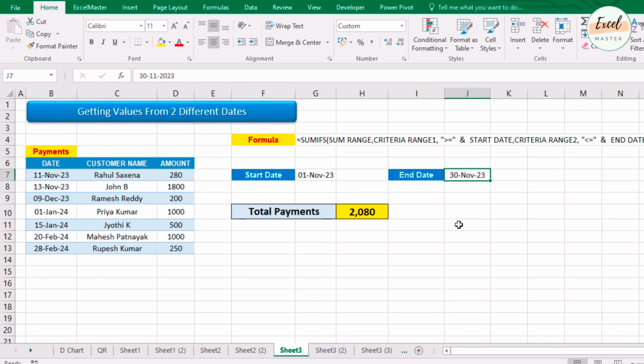Here I will enter 9th December 23. See here, the value is coming 2280. Perfect. Now here I will change 1st Jan to 28th February. So here the total is coming 2500. Perfect. So now I will add the first date